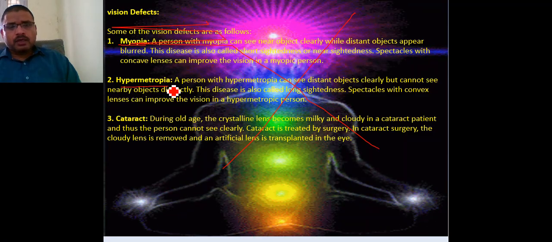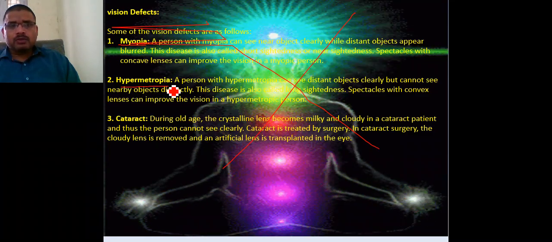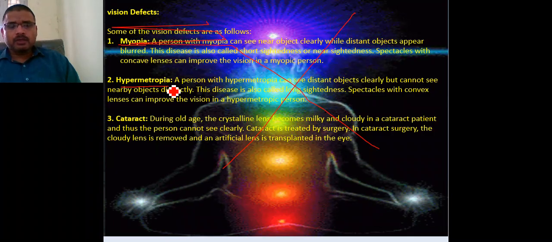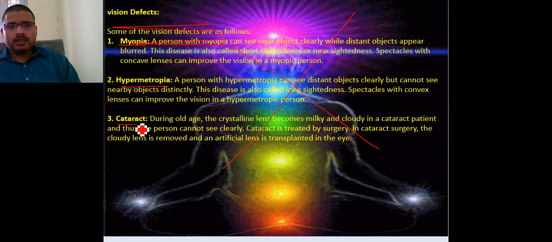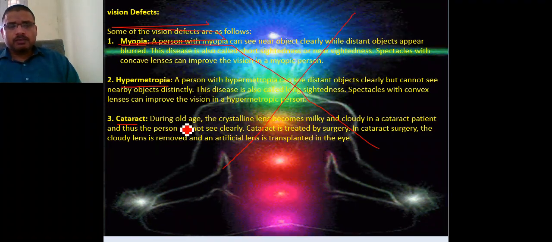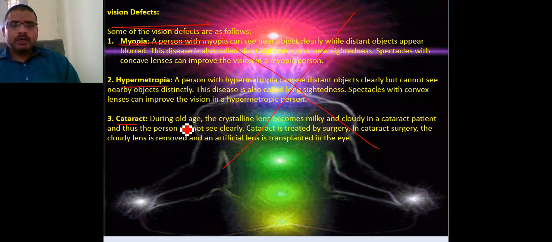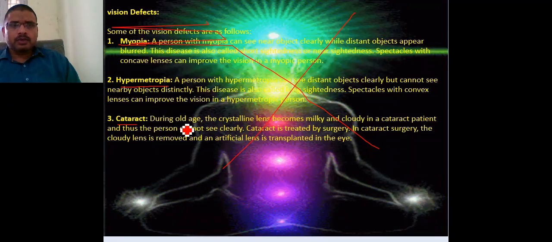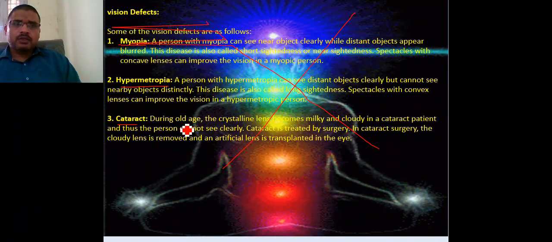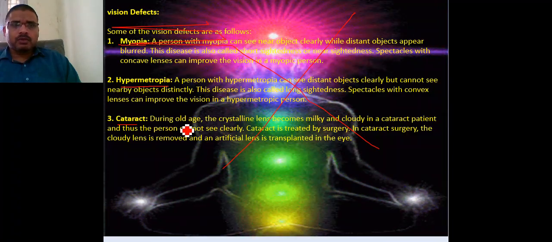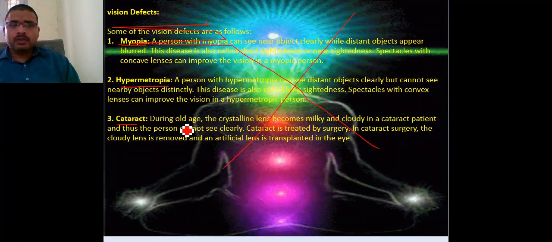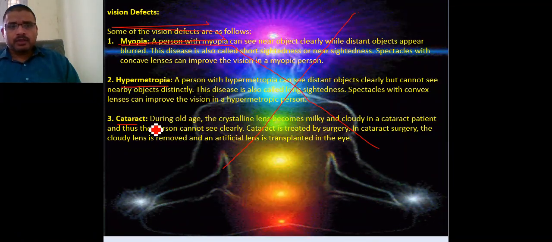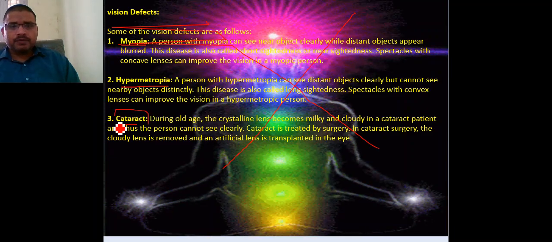And in case of cataract, a person who reaches the age of 60 or less than 60, that means above 50, has a chance of not being able to see either the far thing or the near things clearly, and that person is considered to have a cataract kind of defect in their eyes. So this is all about some kinds of defects, a small understanding of what kind of defects can be created.